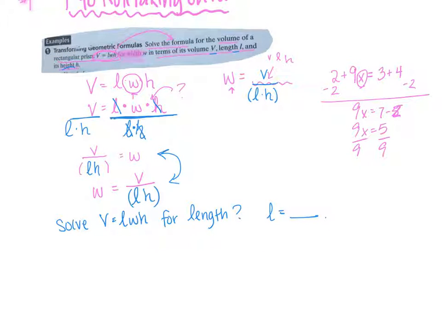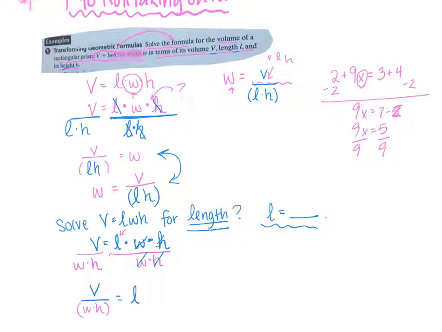All right, welcome back. Let's say I want to solve V equals L times W times H, and I want it to be in terms of length, so I've got to get length equals. I first notice that I'm multiplying here, so I have to do the opposite of multiplication, which is division. If I want to keep L, I'm going to divide by W times H. What I do to one side, I've got to do to the other. So my W and my H cross out, and I get V over W times H